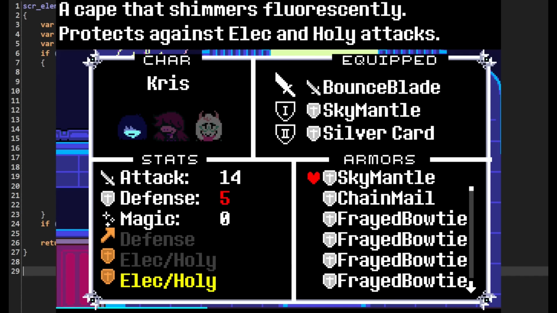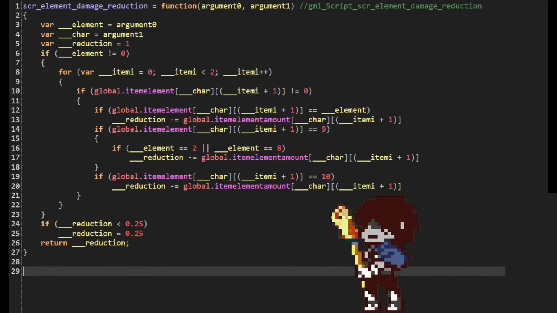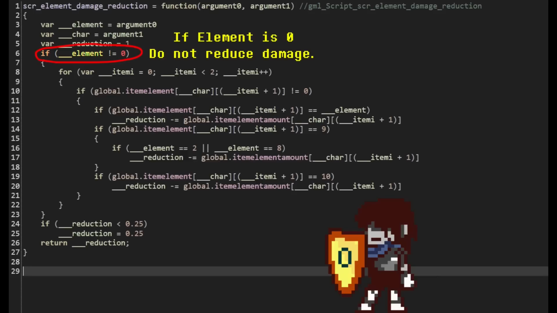But we're here for the elements themselves, right? So does this script tell us anything about those? Let's see. Starting off the list, we have element 0. These bullets are completely exempt from elemental defense, so we can go ahead and think of them as element piercers, or non-elemental damage. Tempting though it may be to think of these as the default element, I do actually see